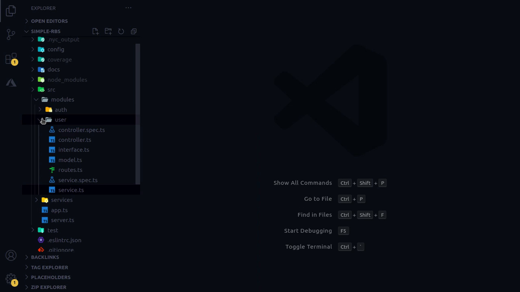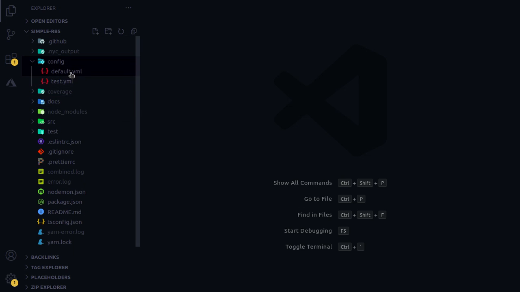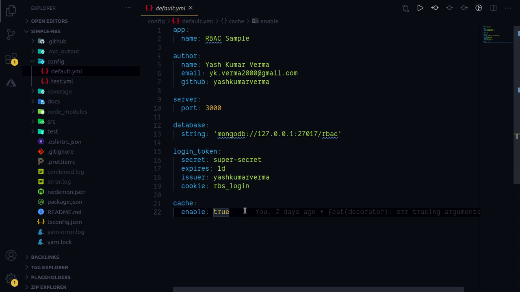In the previous video I showed that the tests are passing, which means that everything is happening the way that we had planned it. If you check the default configurations, we see that the cache is enabled by default. If you want to disable the cache globally throughout the application, you can simply set cache enable to false.